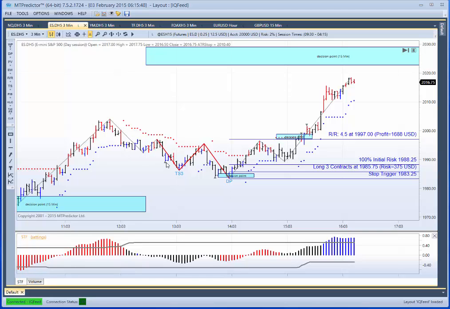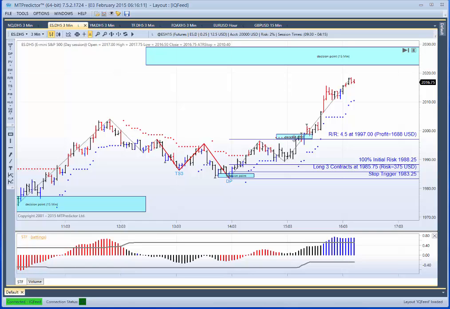So even though you'd have had 1, 2, 3 losing trades and only 1 profitable trade, the losses would have only been -3 R, -1, -1, -1, and the profit would have been plus 4.5 R, so you'd have actually made money overall. In other words, a plus 1.5 R profit overall. Now that is a really good example of how position sizing really helps, and it's actually a lot easier